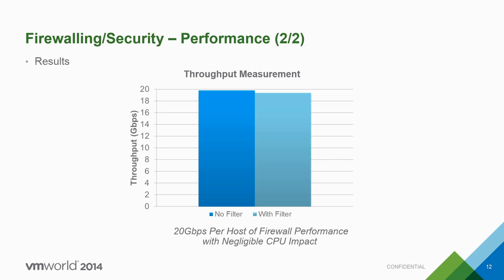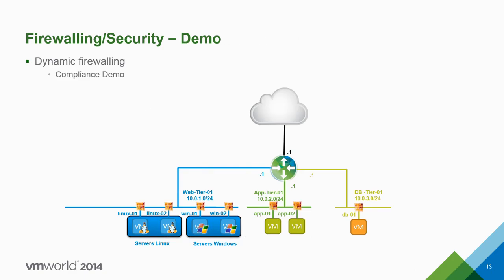OK? And that's per ESX. So if you have 2 ESXs, or 3, or 4, or 10, now I don't do 20 gig, I do 200 gig firewalling with 10 ESX. 100 ESX, it's not that hard. OK, that's the afternoon. But that's a lot. OK? So performance is really something that you should not be scared of, and we are not scared of, because that's one of the areas where we also shine.